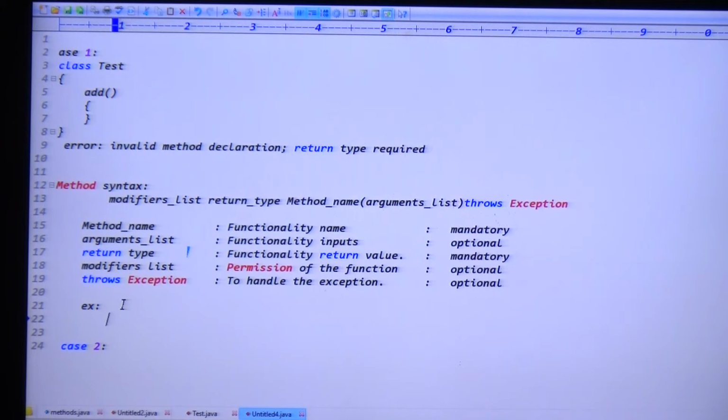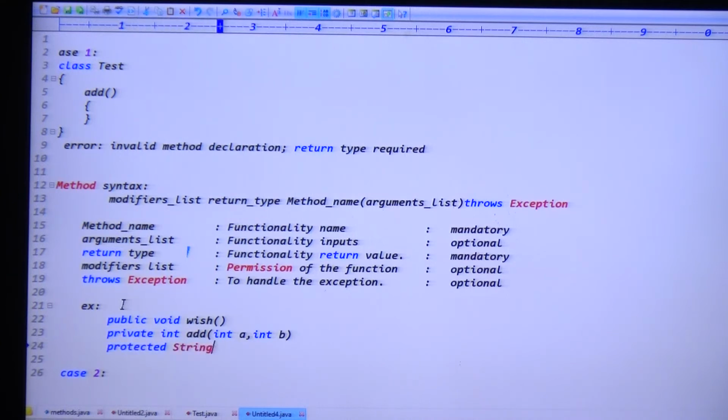Is it clear now? So modifiers is the public modifier. If you take the public modifier, void return type, the method name is called add method, otherwise wish method. I am not passing any arguments, it is fine. Second method, you can take the private modifier, int is the return type, add is the method name, expecting the arguments integer a, comma, integer b. And the third method, you can take the protected modifier.